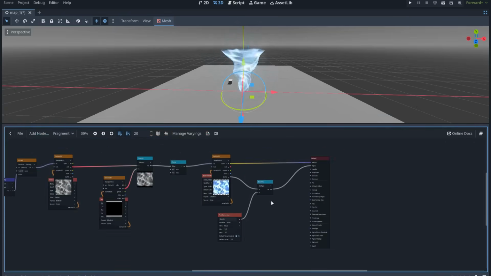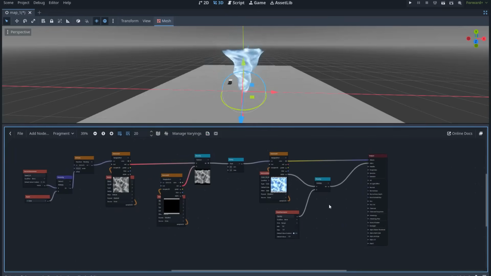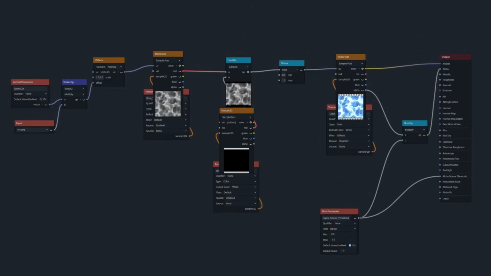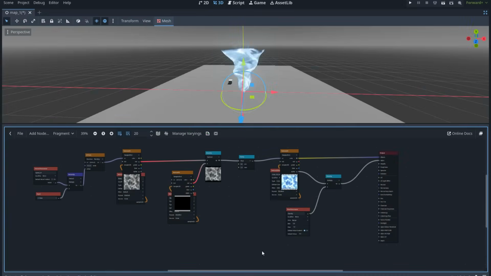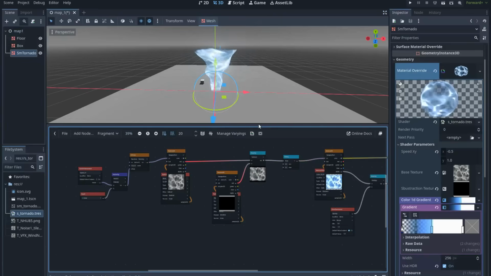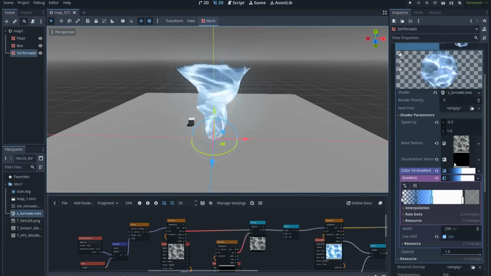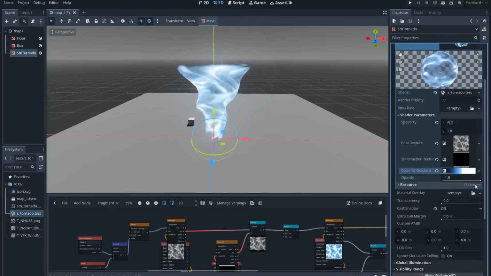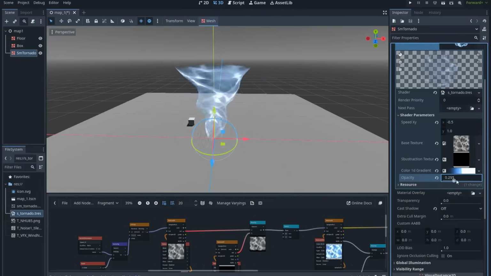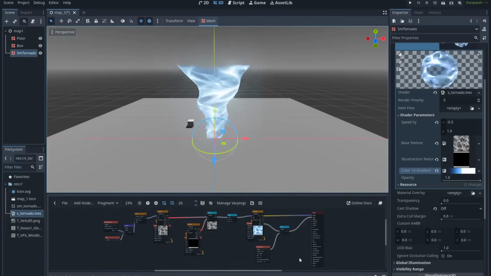All right. So this is the shader. And now I should be able to control the opacity of the tornado over here, like so. So we can make the tornado appear and disappear with this slider, and also with a script. Cool. It's basically done, but there is one important thing I would like to mention about the transparency and the